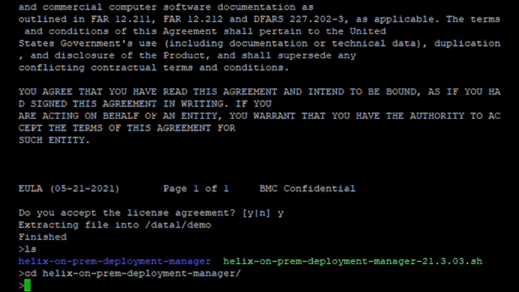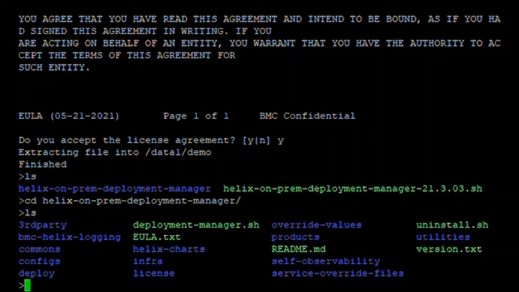If I visit this particular directory, I'm going to find several things in there. I am going to find the configuration, which will allow me to specify what I want to deploy and from where I want to do it. And the other file to keep track of is the logs file as well. And that's where the output for my install will reside. So let's take a look at the configuration file.